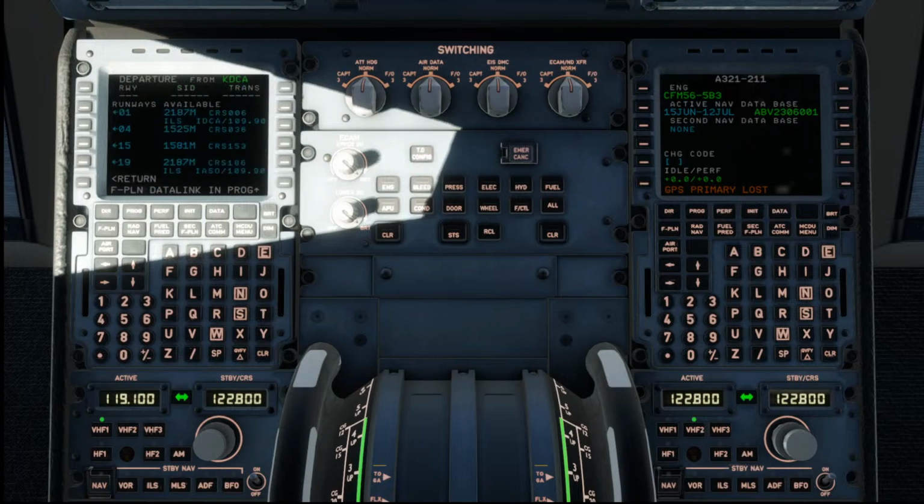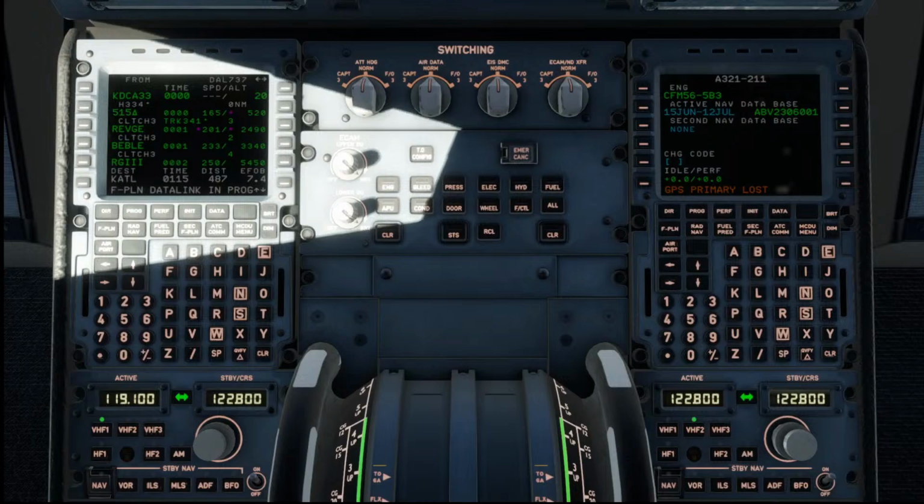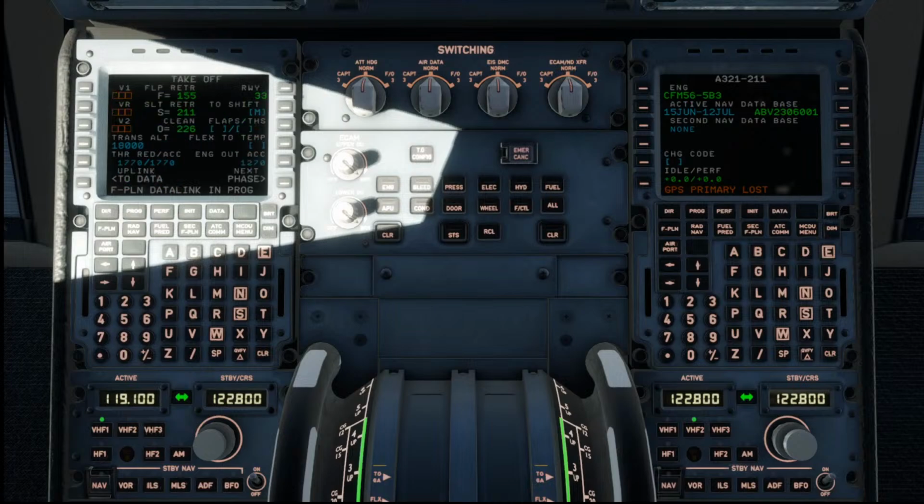Okay, so we can go ahead and do DC image 133 flask. That's done. Our perf, let's see our fuel. So we calculated in here. We can go ahead and do the uplink, request the data.